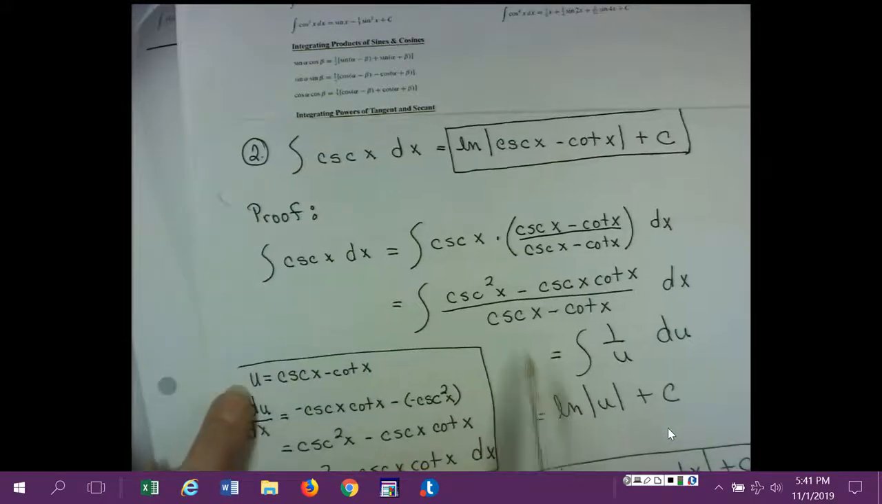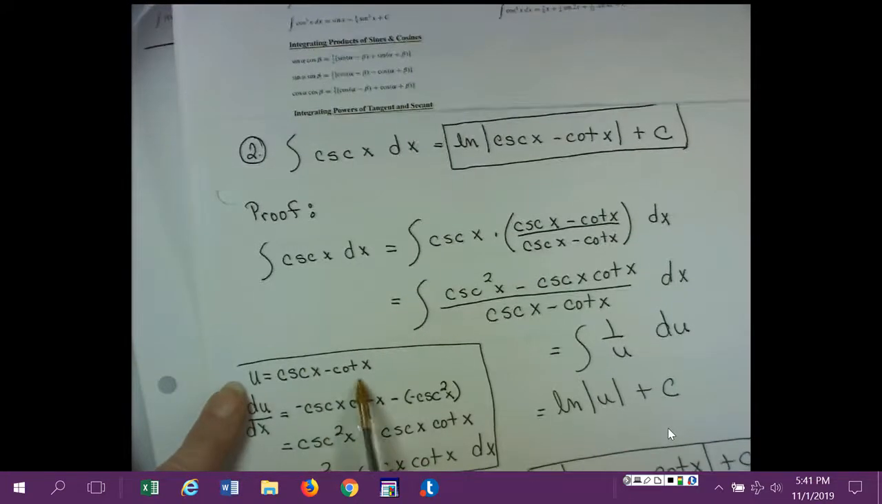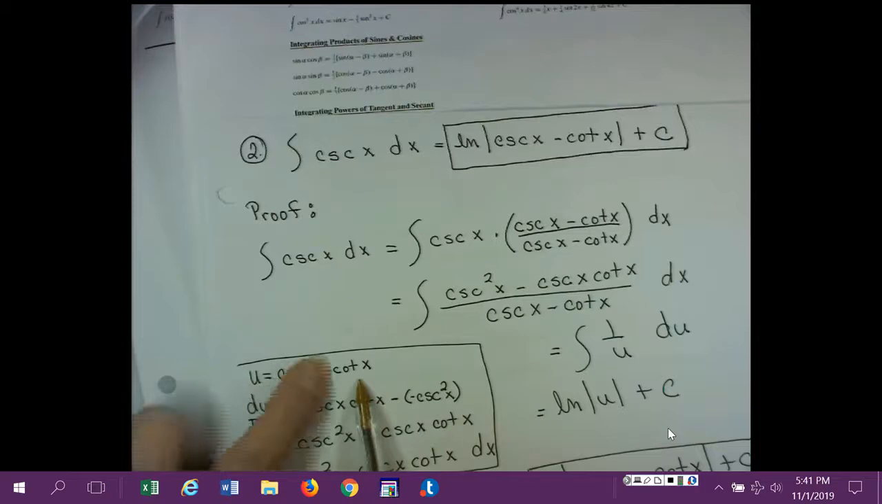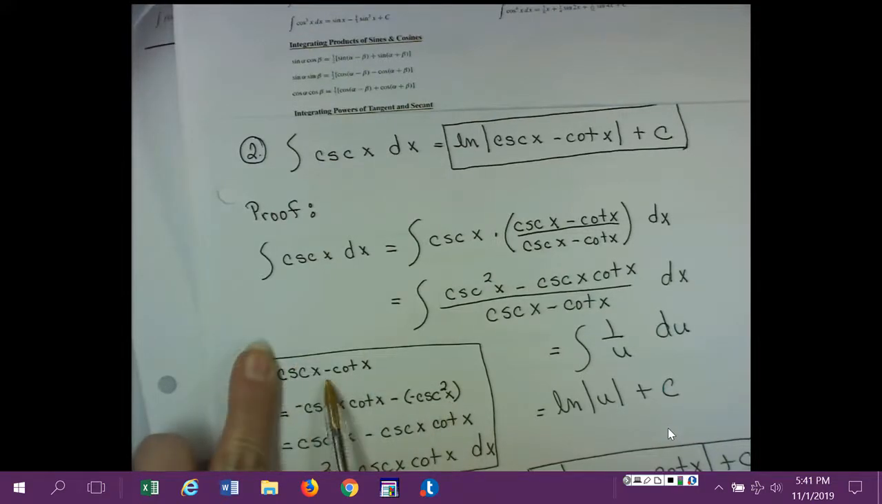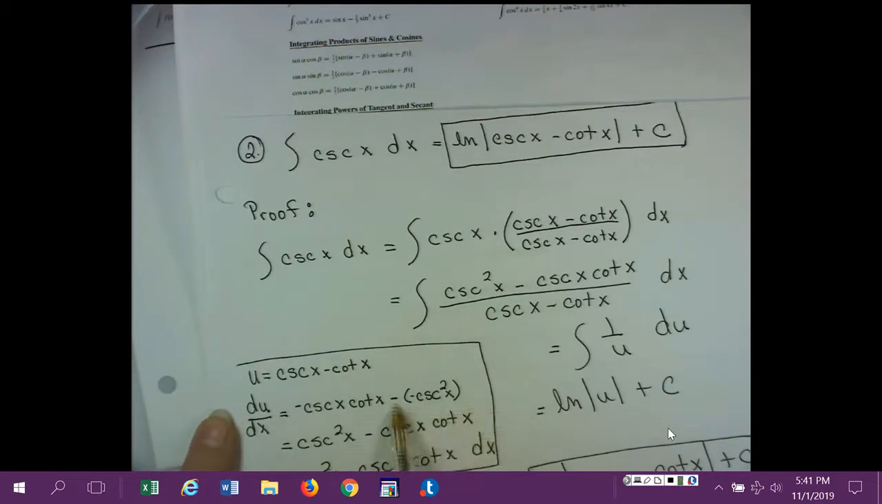Let u be the entire denominator, and by your Calculus 1 days, you're supposed to have memorized the derivative of cosecant is negative cosecant x cotangent x. The derivative of cotangent by itself is negative cosecant squared, but we are subtracting that. So minus a negative cosecant squared. And if you change that to plus cosecant squared, this becomes cosecant squared x plus a negative cosecant x cotangent x,